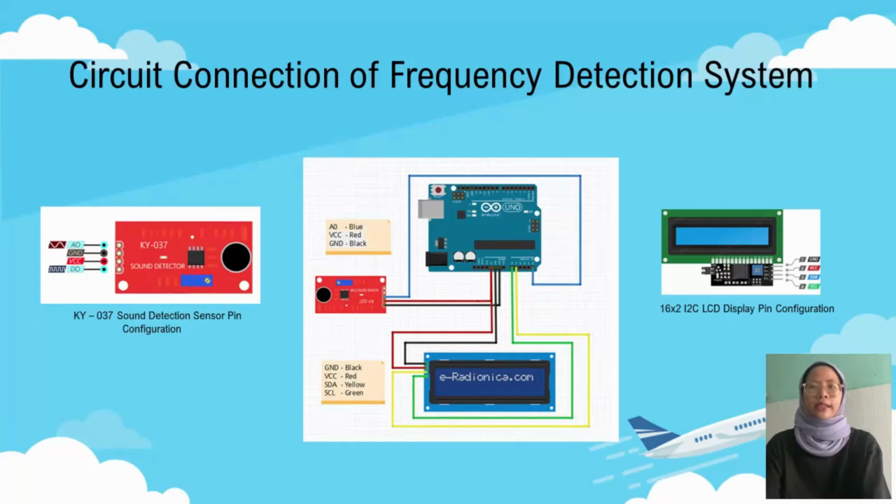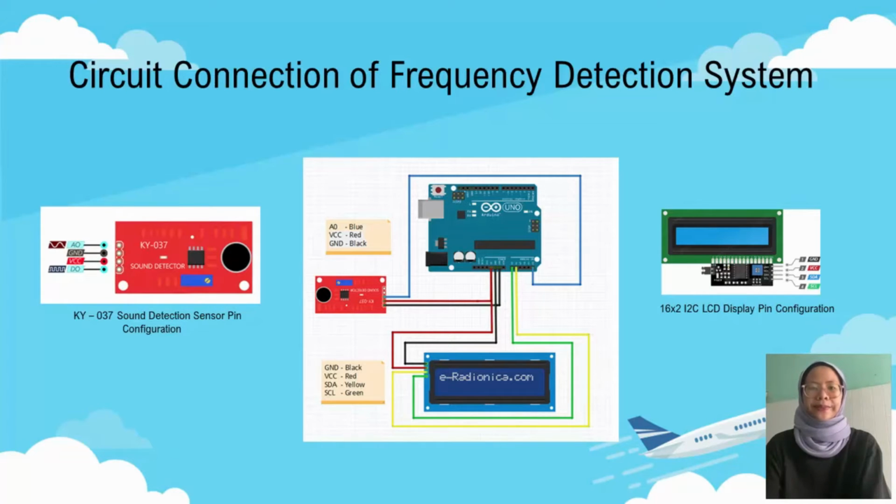Secondly, we have a circuit connection of the frequency detection system. For this circuit, we also have two important components: a sound detection sensor pin configuration that functions to detect the frequency. And next, we have the LCD display pin configuration, which will display the number